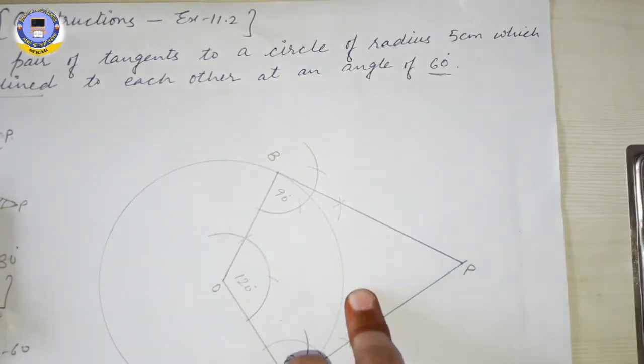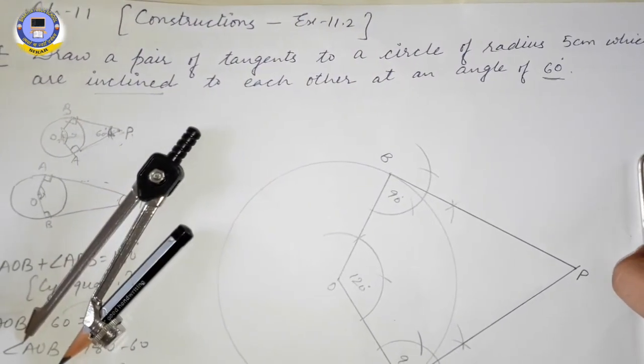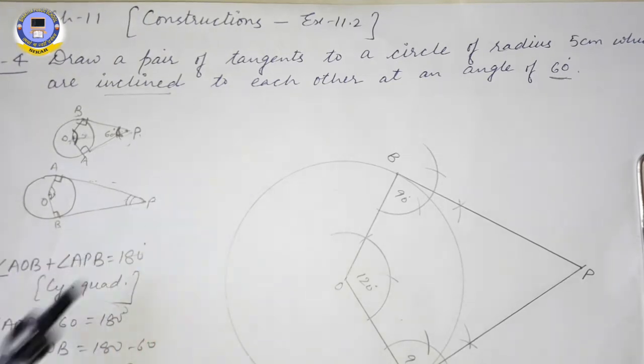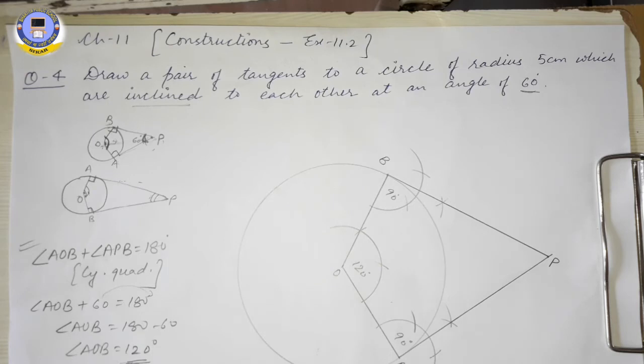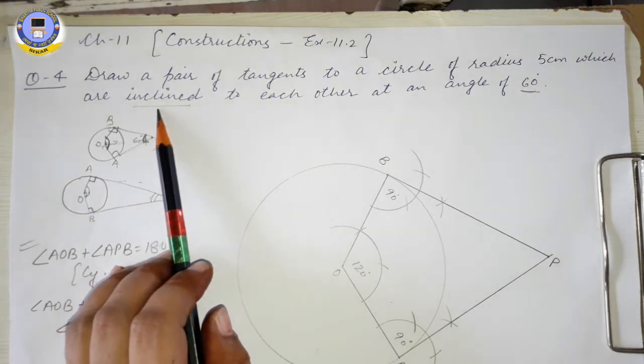If it is coming like 59 degree or 61 degree or 58 degree, then also it is right, 10th class. Okay. Don't panic that yours went wrong. That is also correct. Means in approximation it should be correct. So in this way we have constructed tangents to a given circle in which it was given that both the tangents are meeting to each other at an angle of 60 degree.